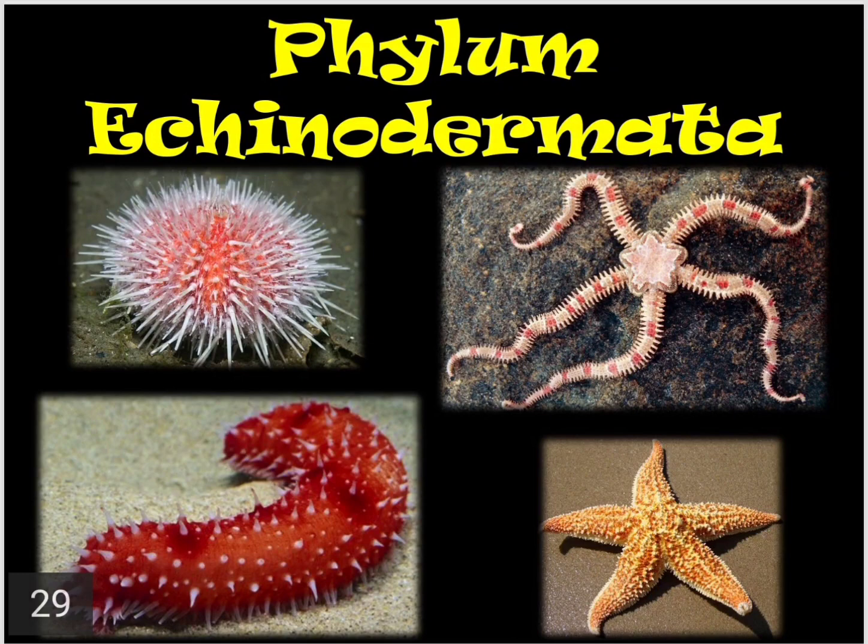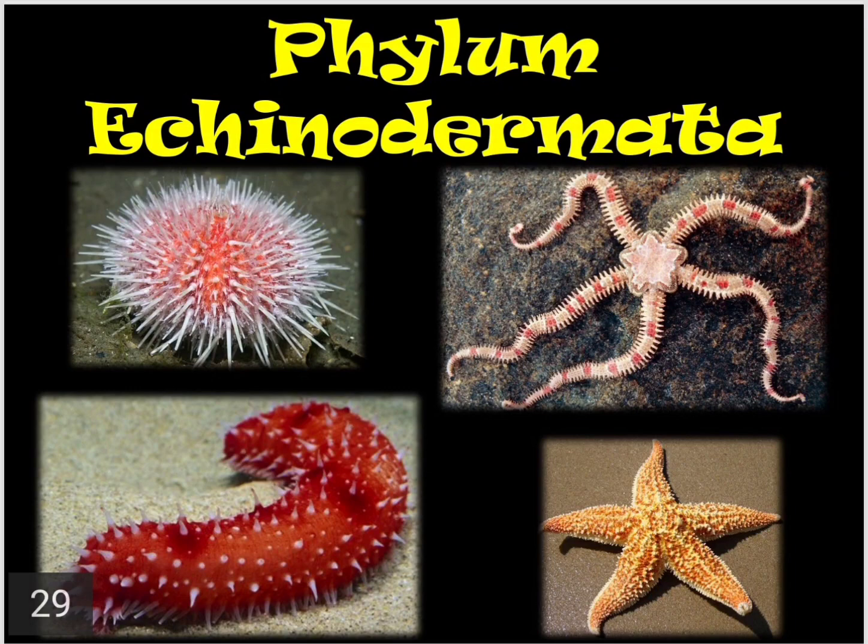Now, these animals have a very good ability of regeneration. If you cut a starfish, the very last example given in this particular picture, that orange colored star, it's a starfish. So it is said that if you cut the starfish into 2 or 3 pieces, each of those pieces will regenerate into a new starfish. So the animals present in Echinodermata show an excellent property of regeneration. And these animals are mostly unisexual, that is, male separate, female separate.